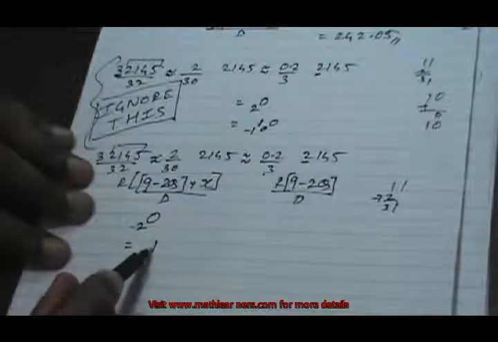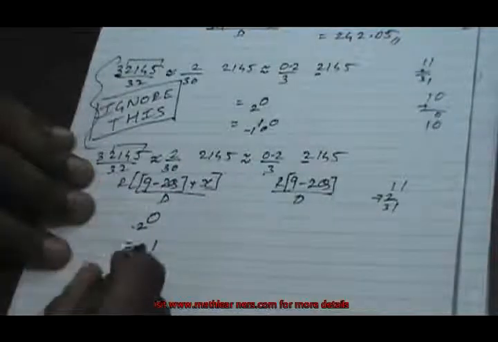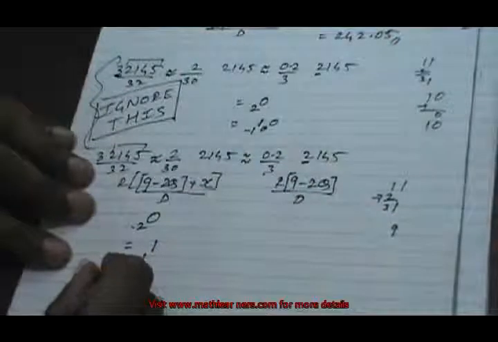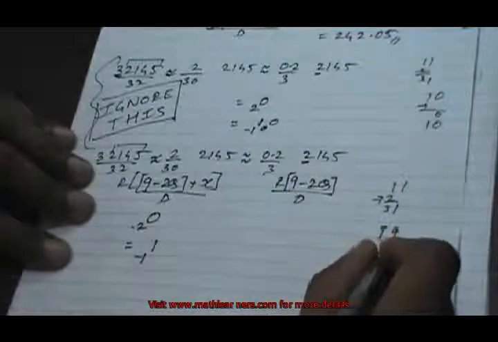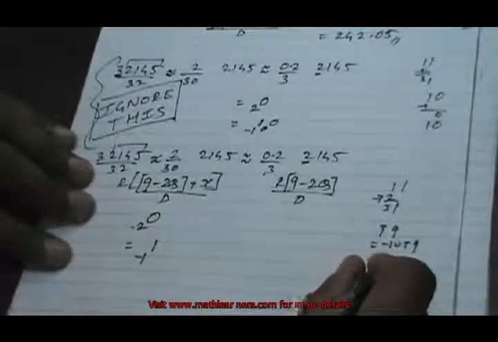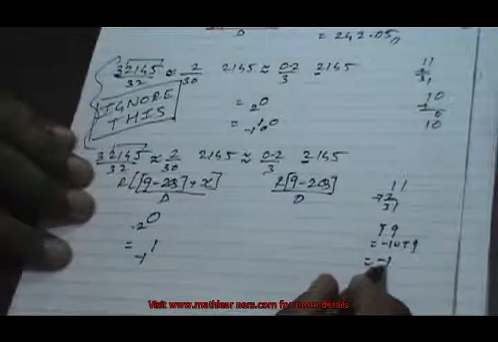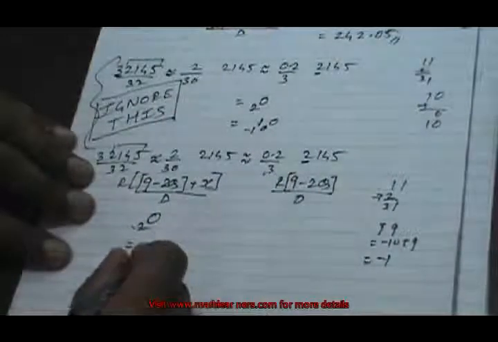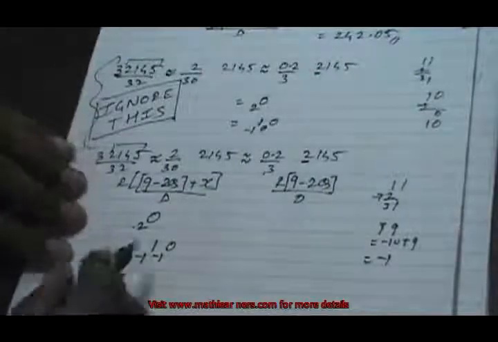Double the quotient, 2, will be subtracted from 9, so that comes as 7. 7 will be added with the first extra digit, that is 9, and that will be appended by minus 1, bar 1. So this is the same as minus 10 plus 9, this is minus 1. So when minus 1 is divided by 3, quotient is 0 and remainder is minus 1.